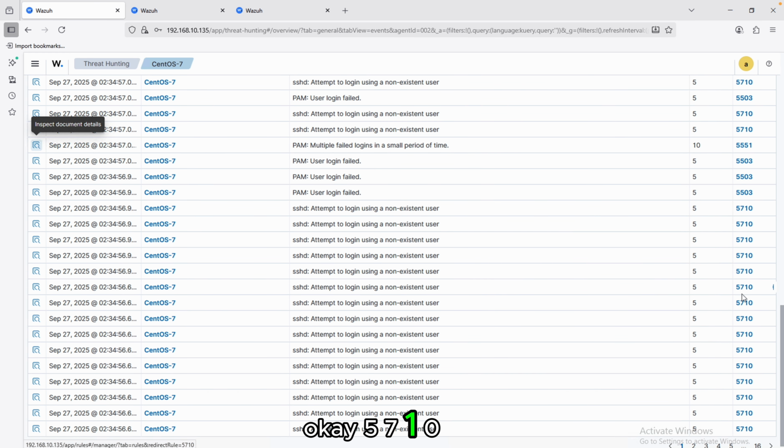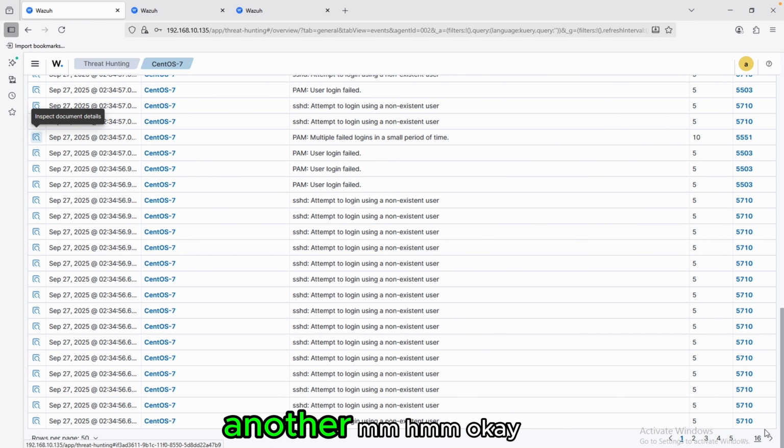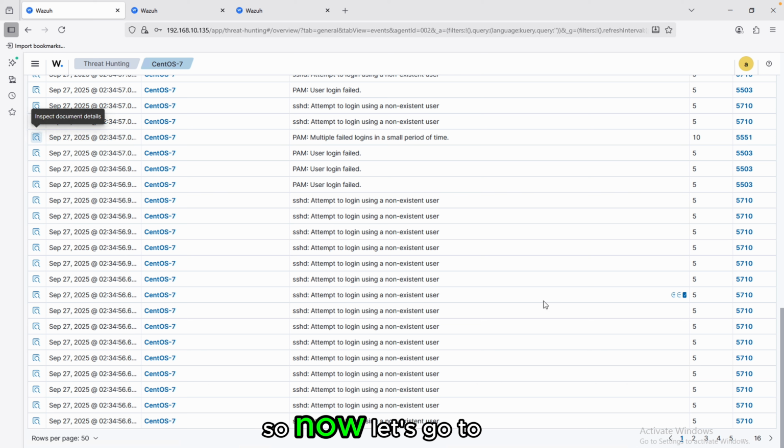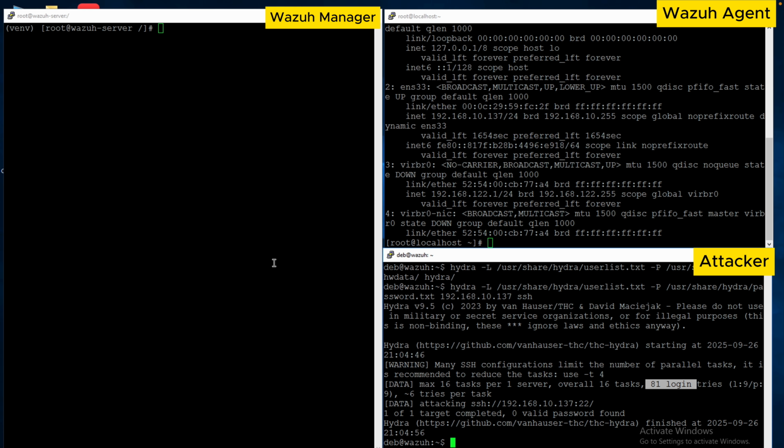Okay, 5710 is another. Okay, so now let's go to our Wazuh server. What I will do from here, let's first open local rule files, because we will combine all those rule IDs into a single one first, then we will do active response. So how are we going to do it? We have nano,